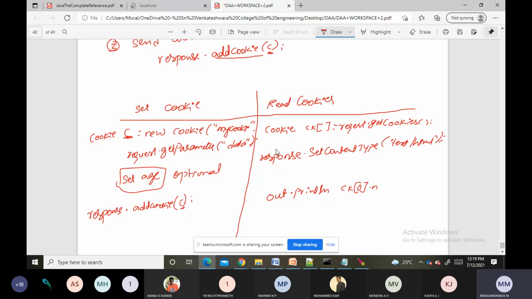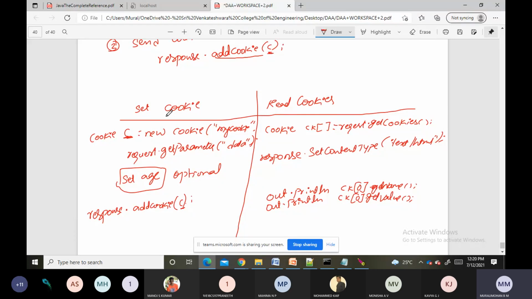The name of the cookie, so here we will use the getName method. Similarly, out.println ck of 0 dot getValue method. So this is how we can read cookies and this is how we can set the cookies.